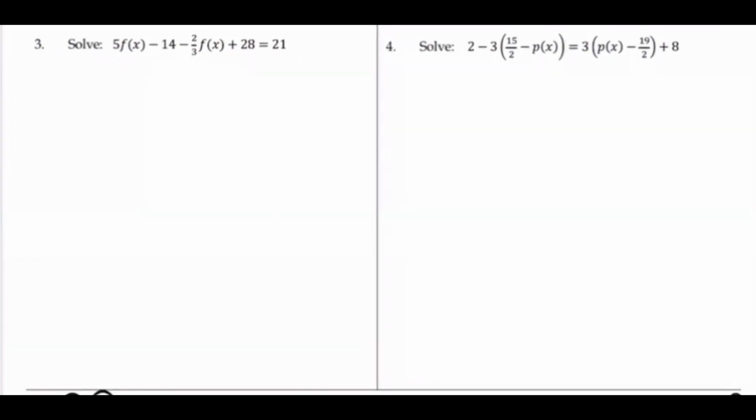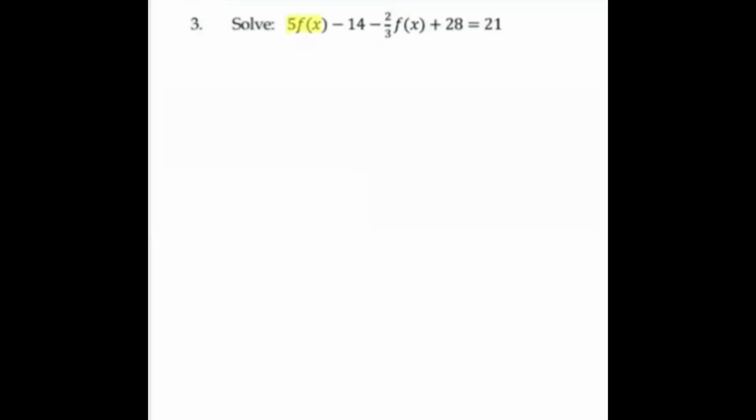All right, let's try number 3 and number 4. For both these problems, we are given function notation. So we have f of x, and we have, for number 4, p of x. So how do you do these questions? Well, you do them exactly as you would any other problem. You are going to combine like terms if possible. So for the first one here, we could combine the f of x terms, and we can combine negative 14 with positive 28. We're going to combine these, and we should get 13 over 3 f of x plus 14 is